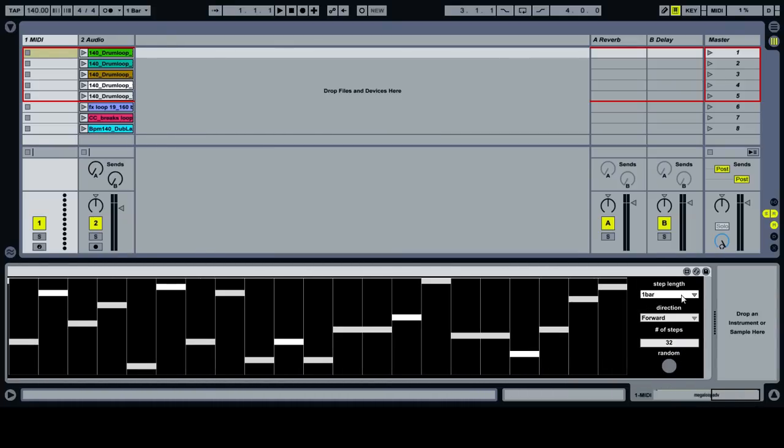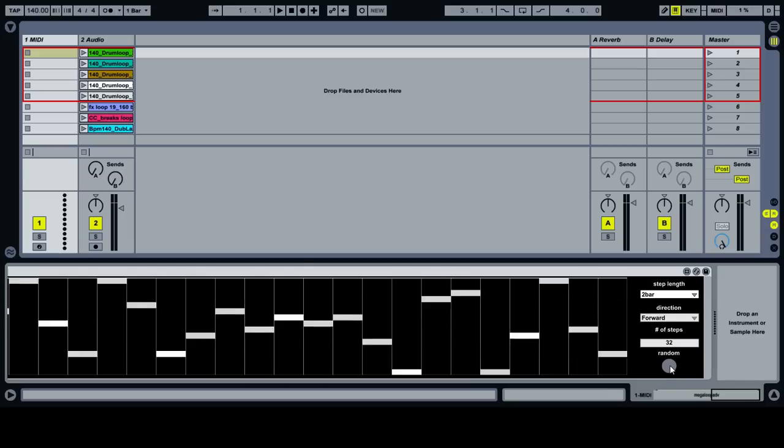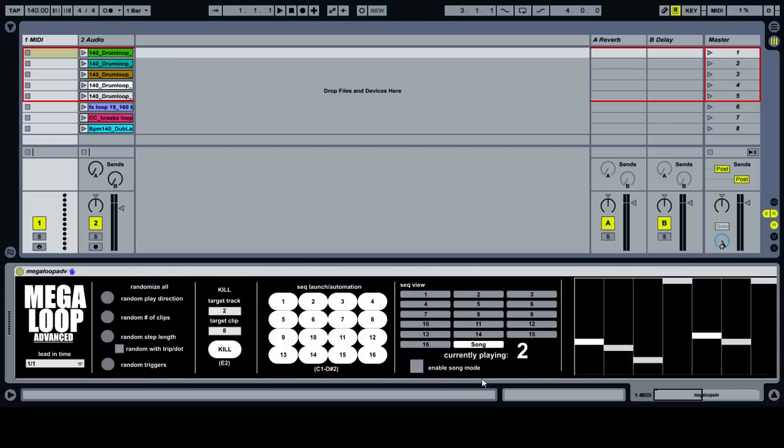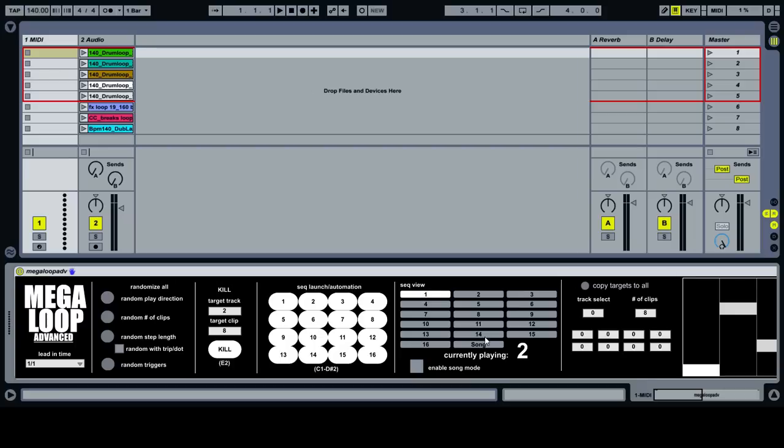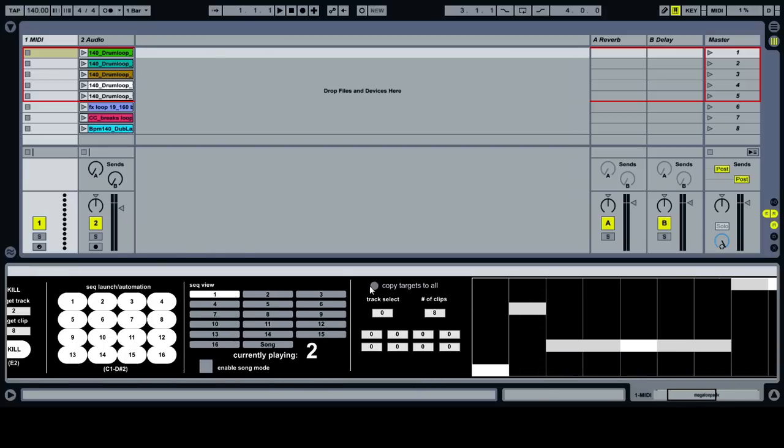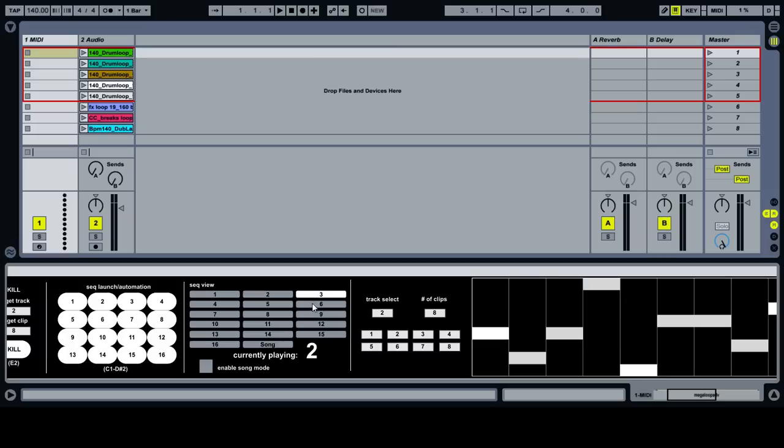Standard fare step sequencer stuff here. 2 bar, step length, direction, number of steps, and then you can sit here and randomize it. So sequence 1, actually, there's a cool feature, copy targets all. So we can track select 2, which is where all our clips are, and then clips 1, 2, 3, 4, 5, 6, 7, 8. And then we can copy that. And it does a little legwork for you. You go to your other sequences now and you'll see those same